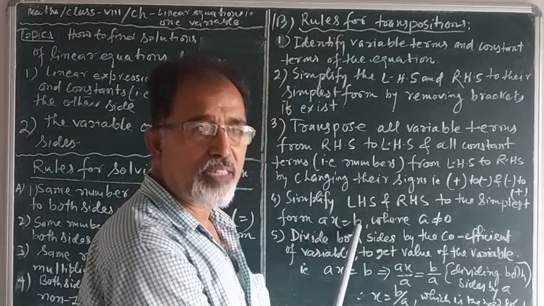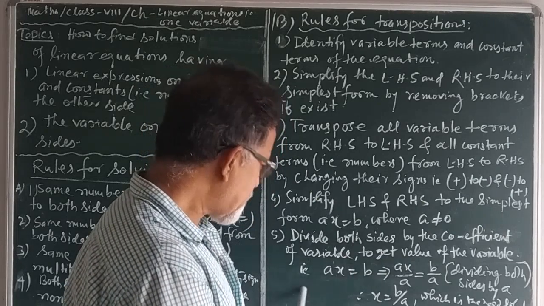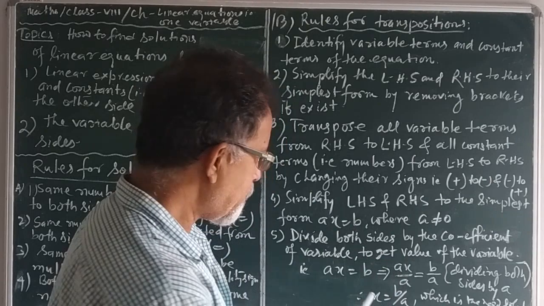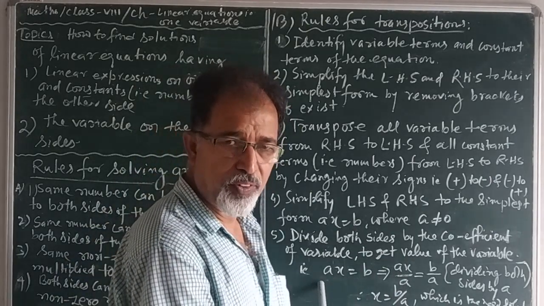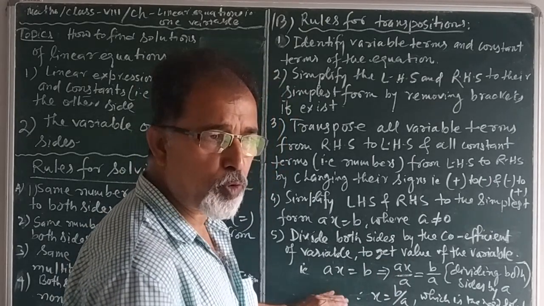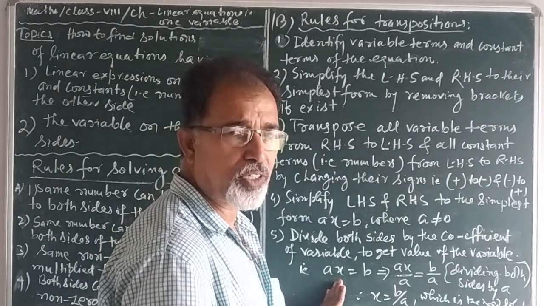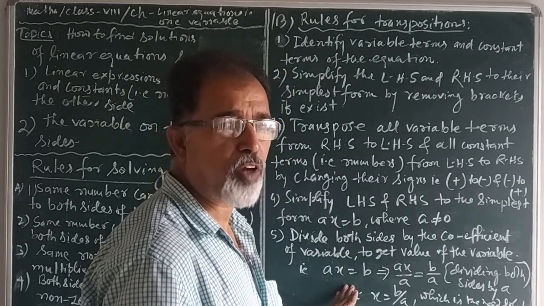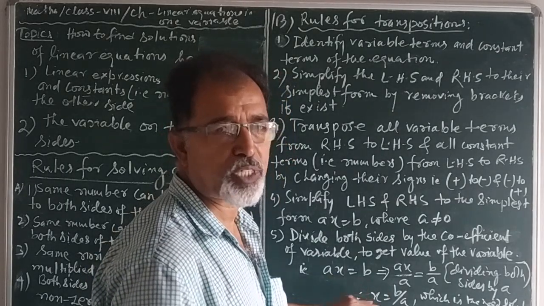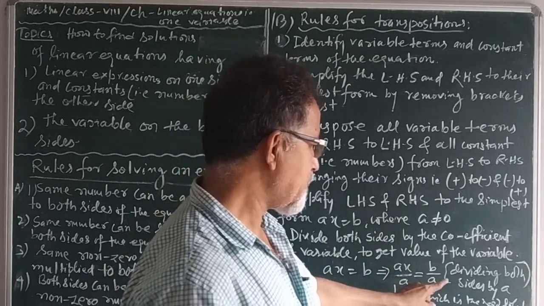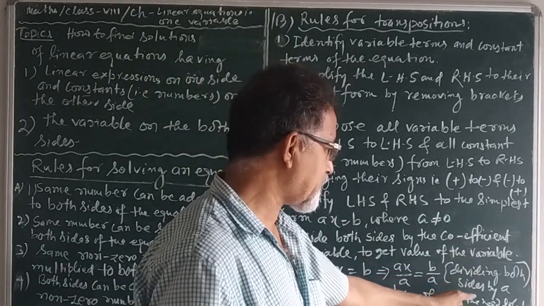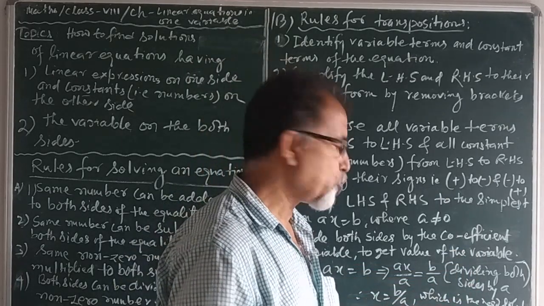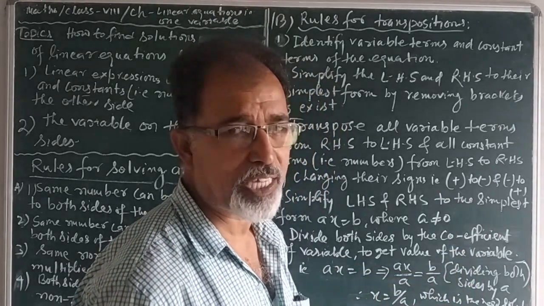And on the right side, this is also an expression, but this is a constant expression, that is ax equal to b. We will divide both sides by a because a is the coefficient of x. Here we have to remove a from LHS to find the value of x, and a is the coefficient of x, and therefore we will divide both sides by a. ax by a equal to b by a, dividing both sides by a, that is x equal to b by a, which is the required solution of the equation ax equal to b.